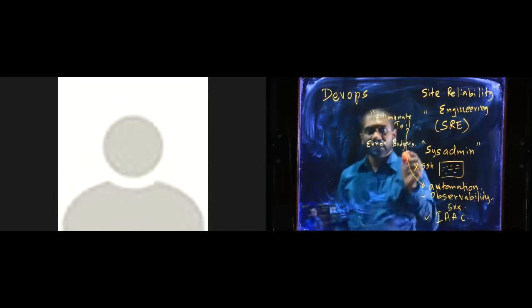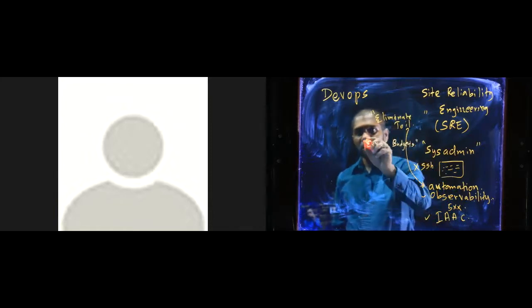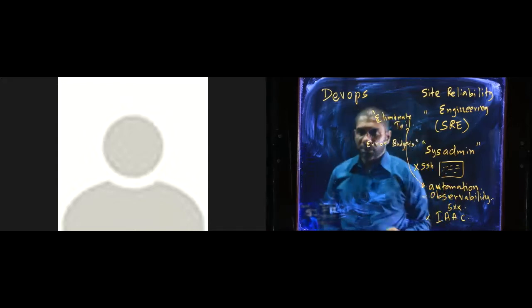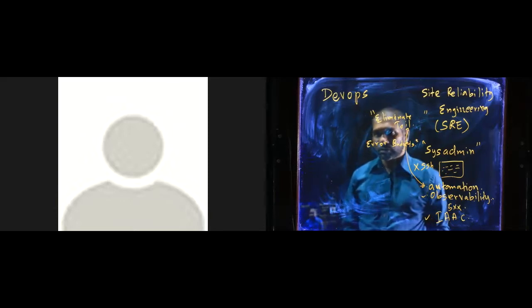So the idea here, this is very, very important. This idea of error budgets is really important because this is something that a lot of our students, I feel, don't understand. You can't have any system that is engineered, not just software, but any system that is engineered, that is not eventually going to fail. That is almost certain. At some point, you will see a failure. What we want to do is minimize the failures as much as possible. That's all we can do.